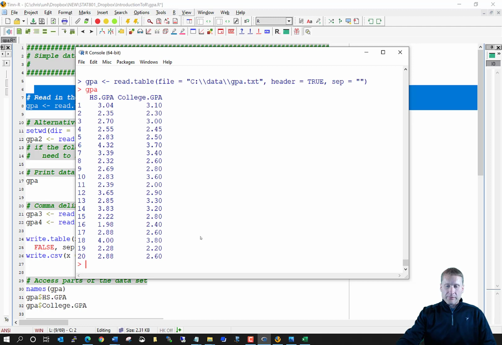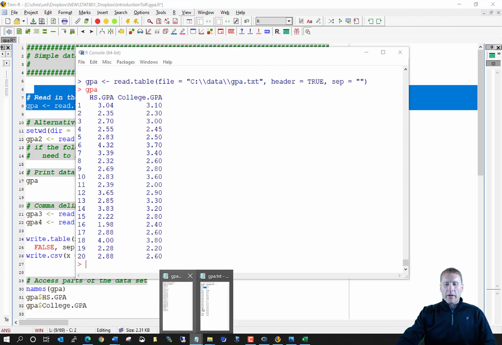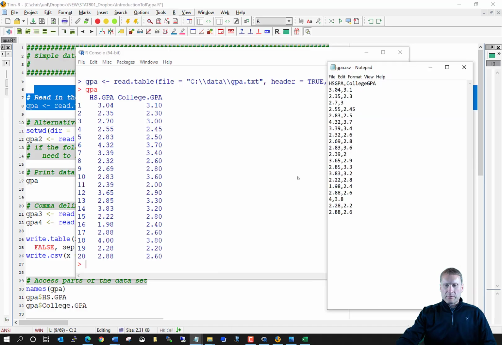So there's our data. Now, there are other functions that can be used to get the data into R. Very often we will be working with a data set that is comma delimited. So rather than spaces separating the variable names and the actual variable values, now we have commas. So it's a comma delimited format. And in fact, if you were to simply click on a comma delimited file on your computer, the default, at least in Windows, is to open it up